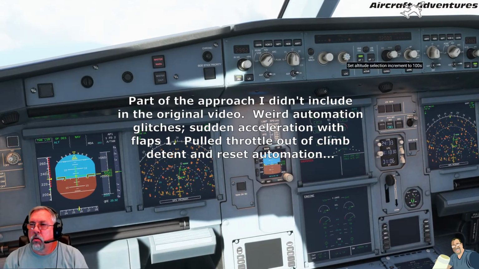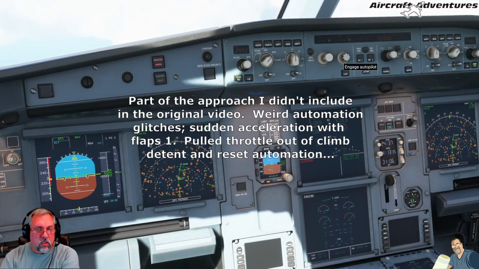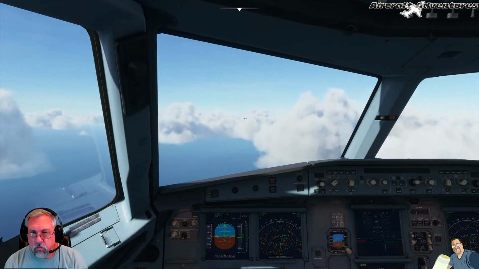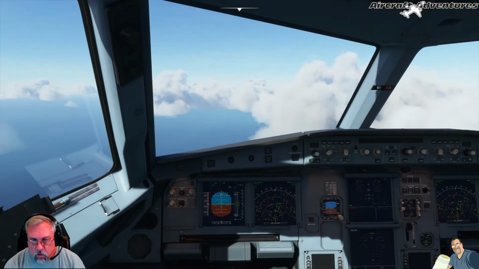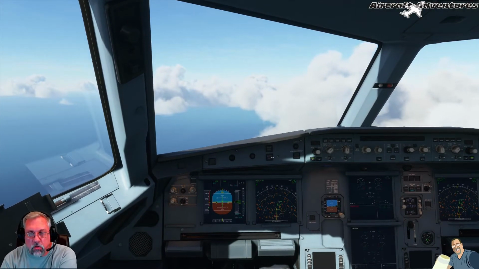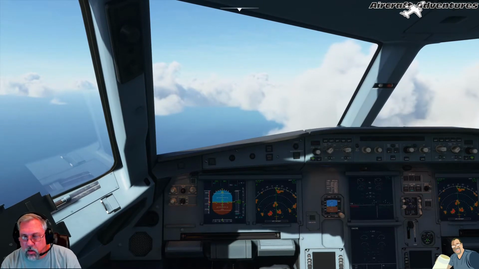So we're just gonna manually fly this in. Get rid of the master caution. It's complaining about our speed because we sped up too much under our current settings. It's not letting me...